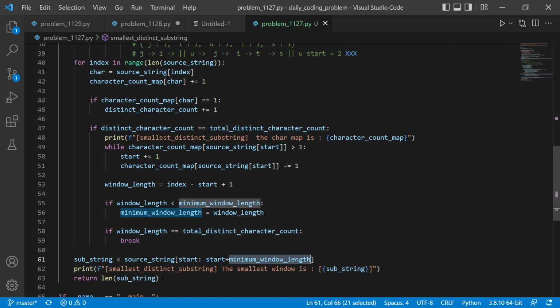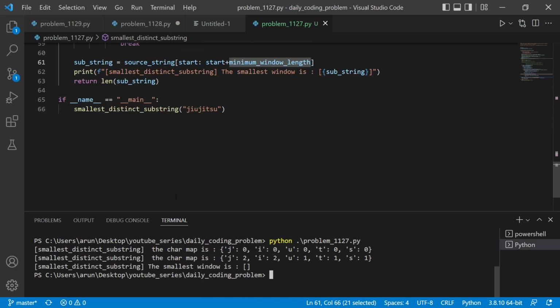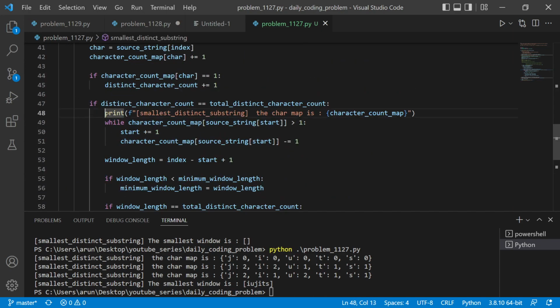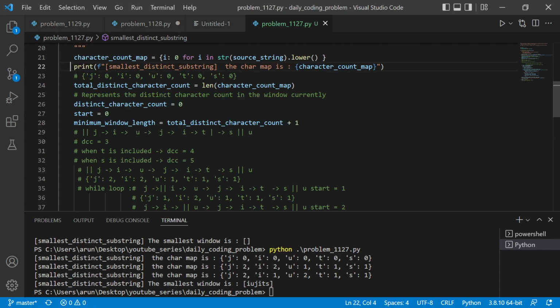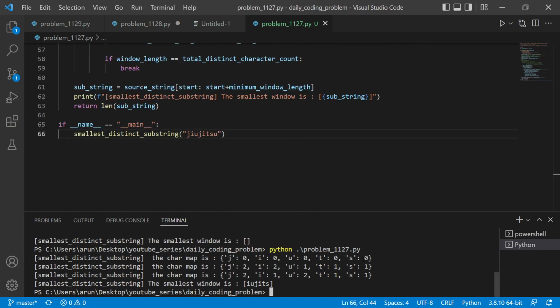Okay, let's print it out and check whether our logic holds good. Right. So, jiujitsu, right? Jiujitsu. Okay, let's remove the remaining prints for now. Okay, we are getting an extra I in the beginning, which means that we are not terminating when we should,